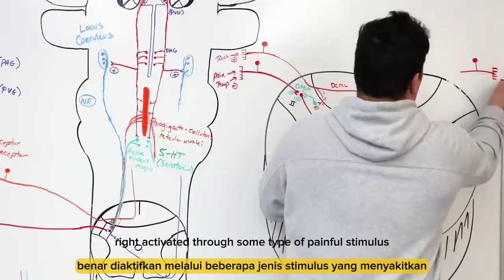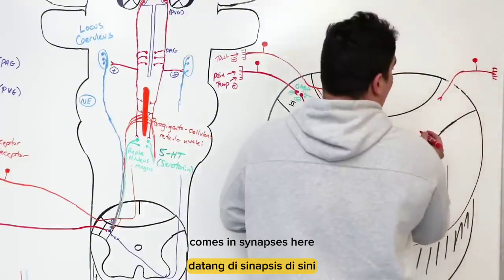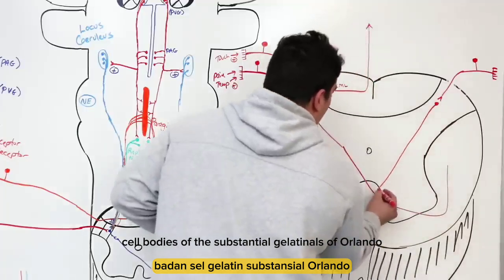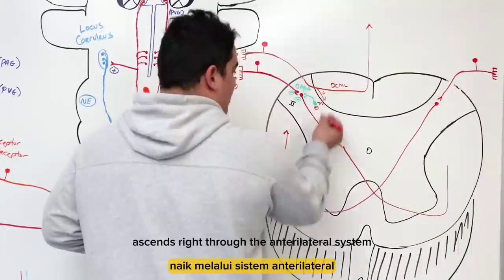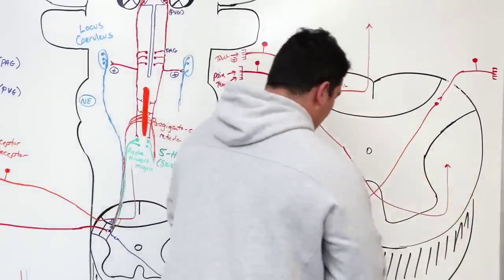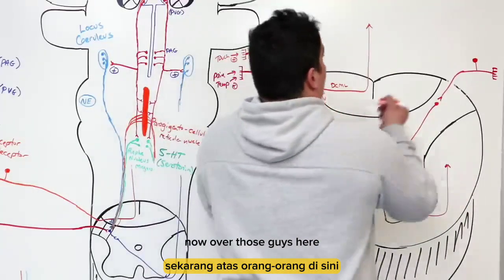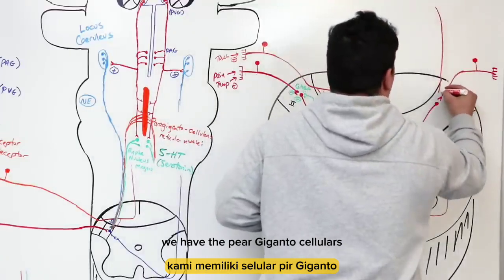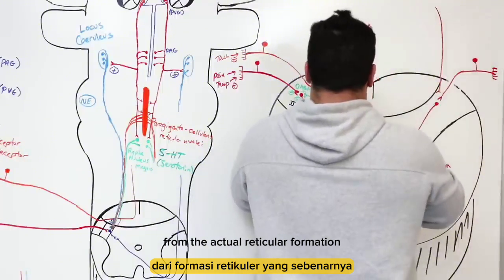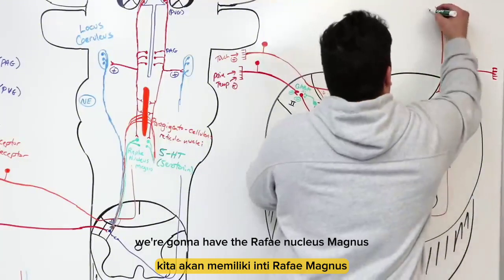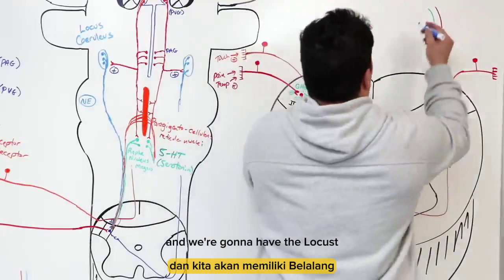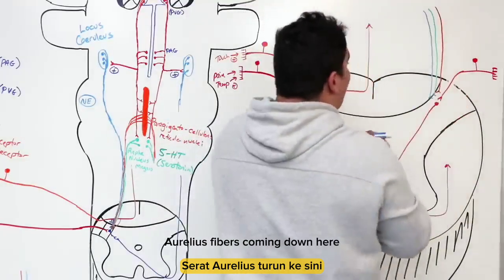So let's say here is going to be the pain fibers coming in from this side, right? Activated through some type of painful stimulus, comes in, synapses here on the cell bodies of the substantia gelatinosa of Rolando, cross over, and then ascends, right, through the anterior lateral system or the spinothalamic tract. Now, what were those guys here? We have the paragigantocellularis from the actual reticular formation. We're going to have the raphe nucleus magnus, and we're going to have the locus coeruleus fibers coming down here